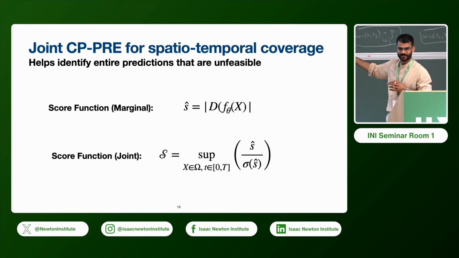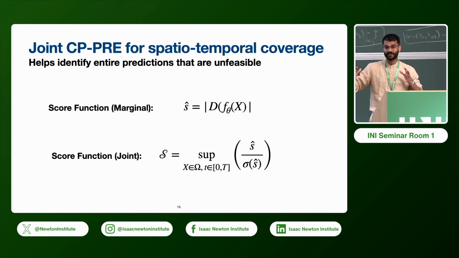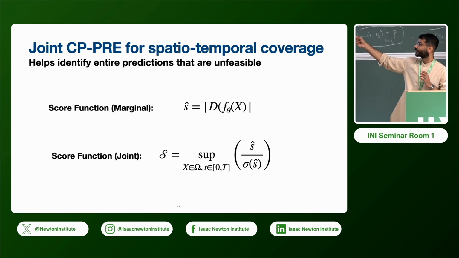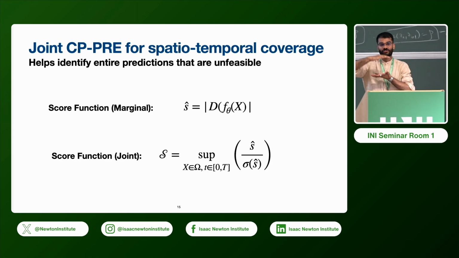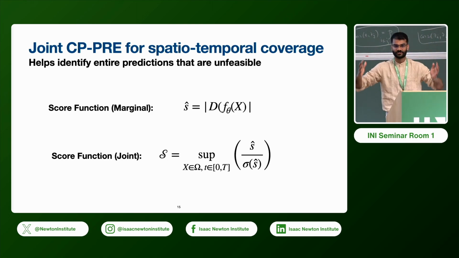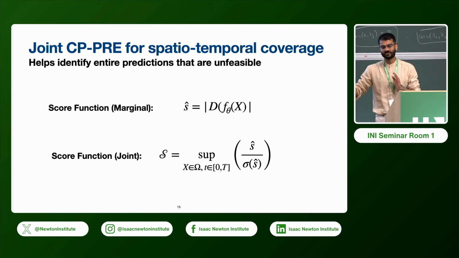I think this has been discussed quite a lot over the past week, where all we take is that once we have this residual error, we estimate the supremum over it modulated by this particular function to get a joint error bar over it. So this is not cell-wise, this is across the entire spatiotemporal domain of interest. So we're getting an error bar which says that out of 1,000 predictions you've got, 50% fall within